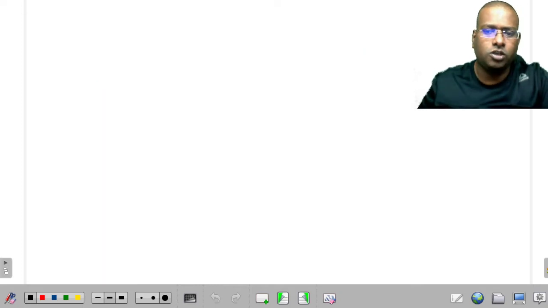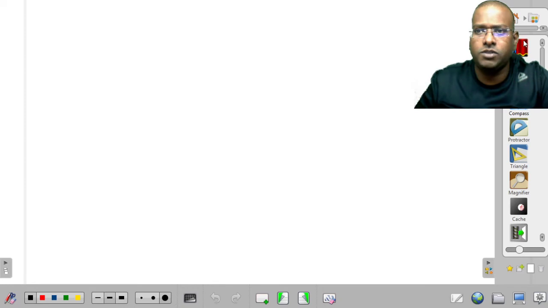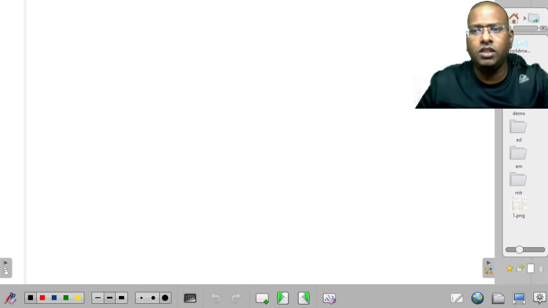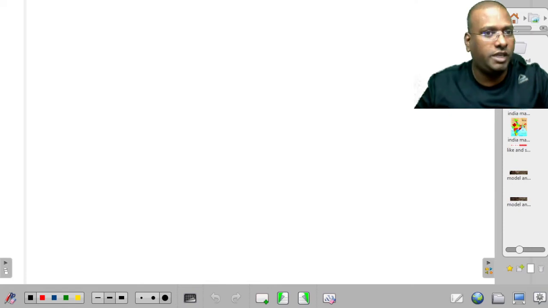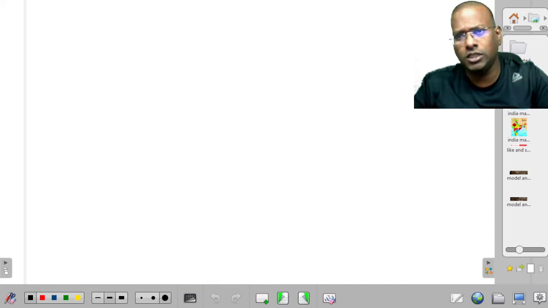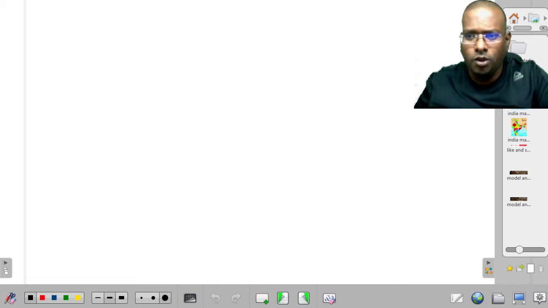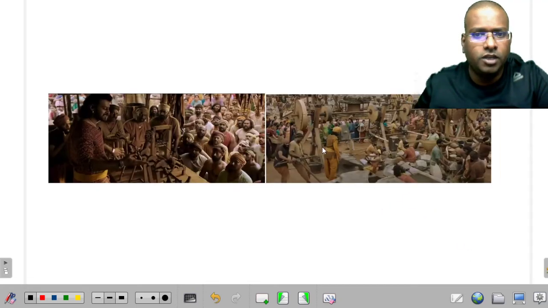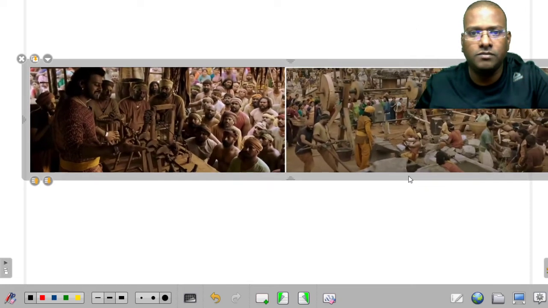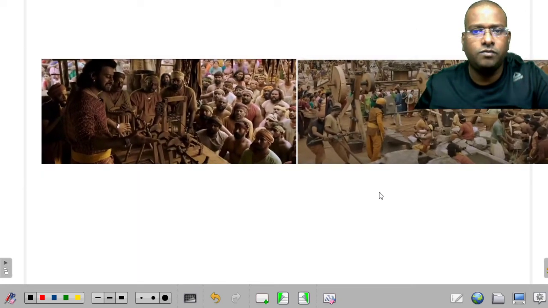But if you observe the majority of the films, in order to explain their views, they consider some pictures. So we have to be thankful to the Bahubali team. In that we are able to learn so many things, either in Bahubali 1 or 2. I hope you are already familiar with this diagram. Majority have observed this. What is represented here?